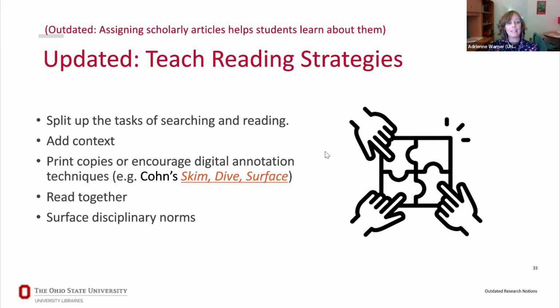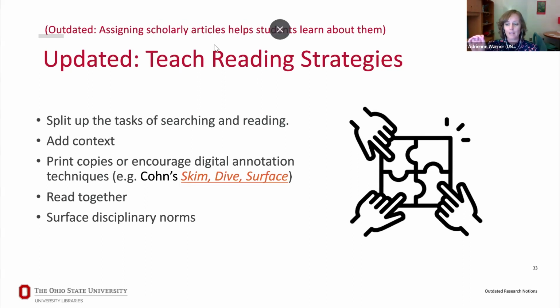I know it's hard to print copies for every student in your class. If you can do that, even just one time, so you can all mark up a physical copy together, that can be really approachable. But if you can't, we talked about social annotation, we talked about different tools in the chat I saw going by: Hypothesis and Word Online and Zotero. There's a bunch of different ways that everyone can get in there and start creating a dialogue on the piece itself. But I would also encourage you to read together, as an instructor,